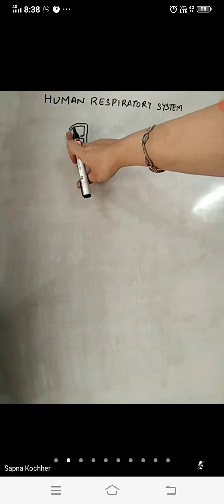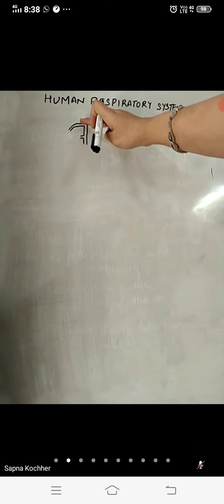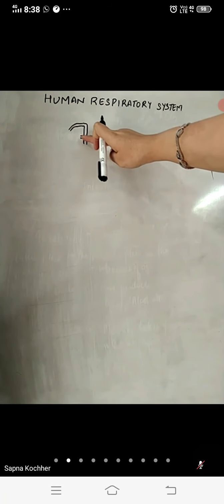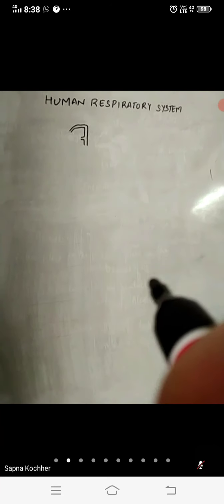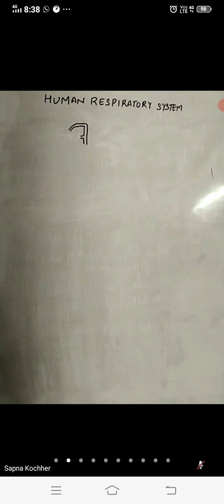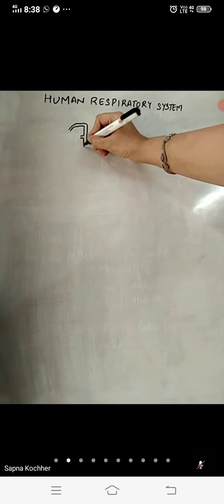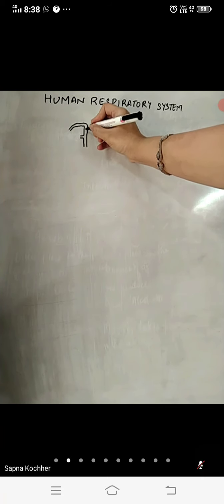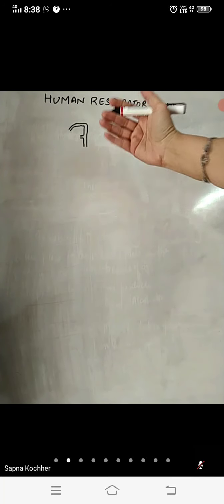So the entry is the nostrils. Then there is a nasal passage having a common passage for the nose and the mouth. Then there is an opening for the mouth, because we do respire with the help of the mouth as well. After this, there is a pipeline, because the mouth also has the same common passage. So there is a differentiation between a food pipe that we have studied and a windpipe.